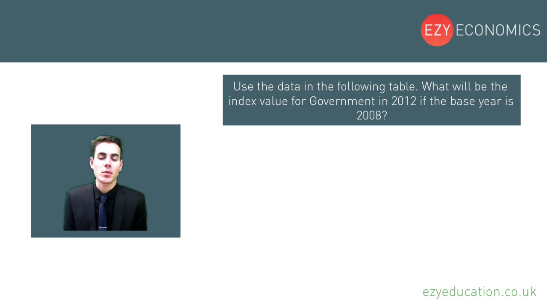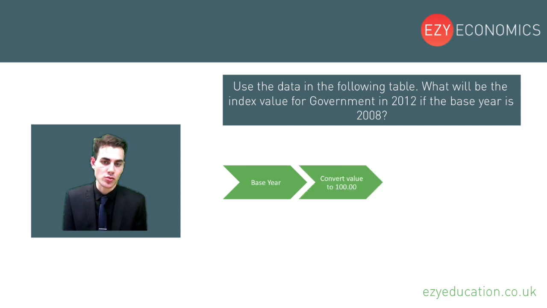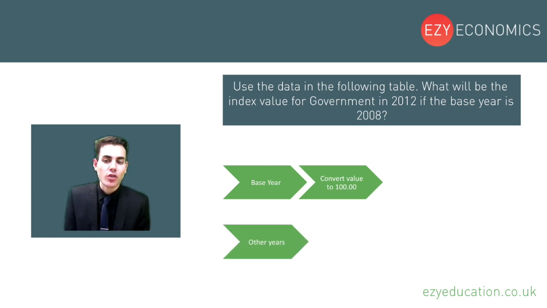Now we know that when we have an index series we have to have a base year. In this particular question we're told that the base year is 2008, so we can automatically set the index number for 2008 at 100. Now for all the other years, and this includes 2012, which is the value that we're